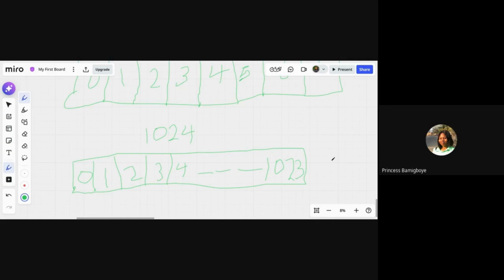What this is now going to do is explain to you the reason why it is from 0 to 1023 when it comes to analog devices.